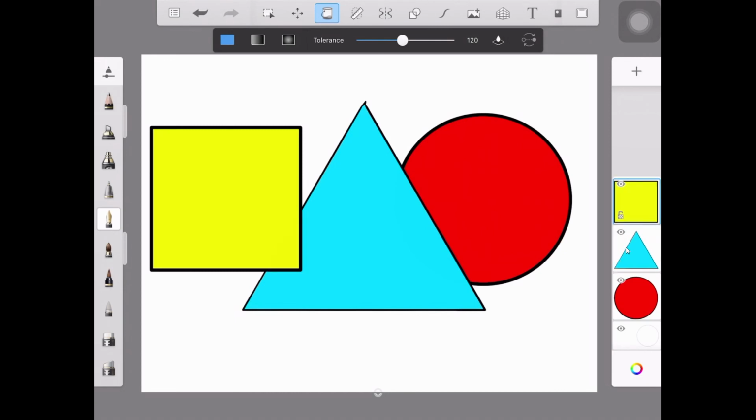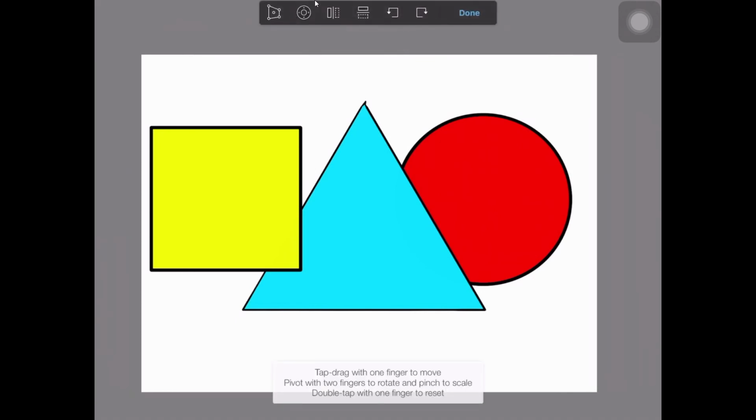Now what if you want to move these three shapes? For that you need to learn the transform tool. So this is the transform tool, guys. Make sure you select the specific layer where you drew the shape or subject or object, whatever it is, and then click on the transform tool. Now the moment you click on the transform tool, just ignore these other tools, guys. You can simply just hold the